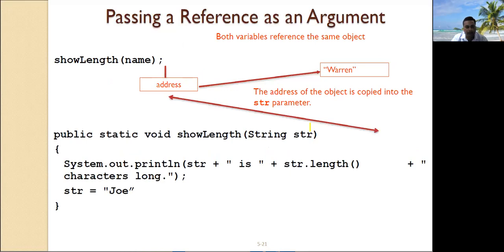This is the example. Here String is a class and str is an object of the String class. Here we are passing name as an object to a method show length. If any kind of changes happen in the object str in the body of this method, those changes are reflected in the argument list object name.